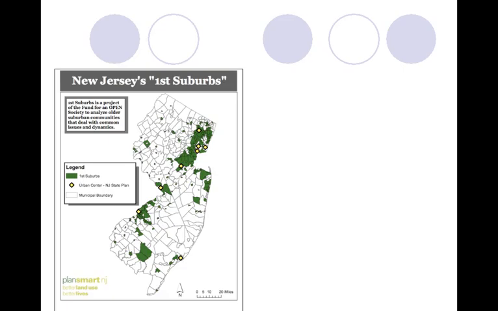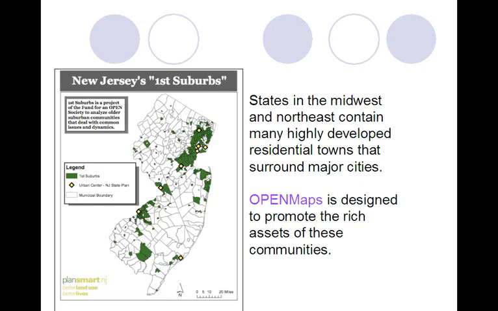Fund for an Open Society offers the tool free of charge to older suburbs, which are members of the First Suburbs Network. First suburbs are those communities that formed the early waves of suburbanization and have common features that give them a distinct set of strengths and challenges. They are those American communities in